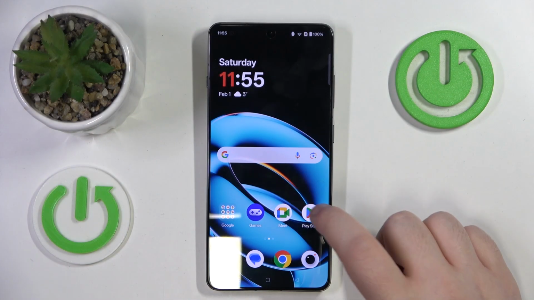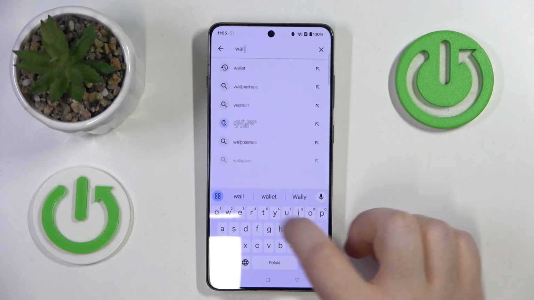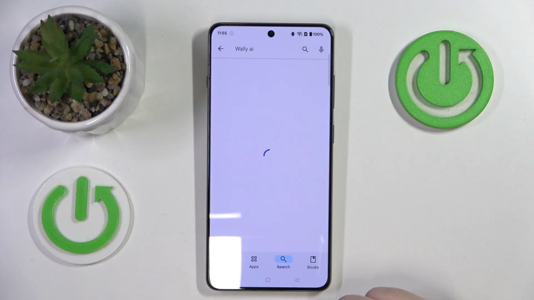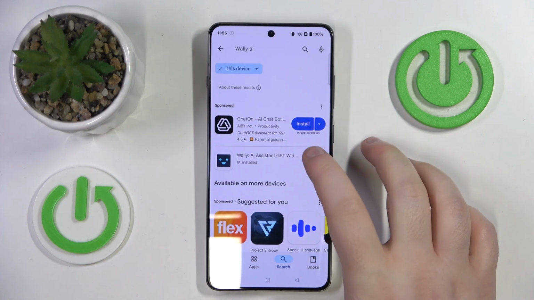So you have to start by opening your Google Play Store, then click on the search bar and type in Willy AI and click search, and then click install. Now you have to click open,